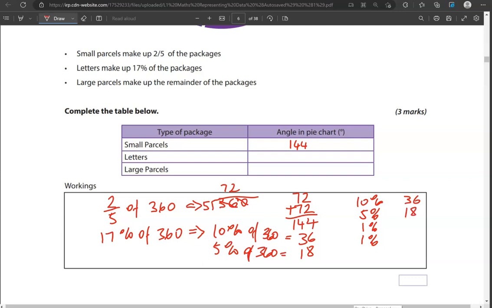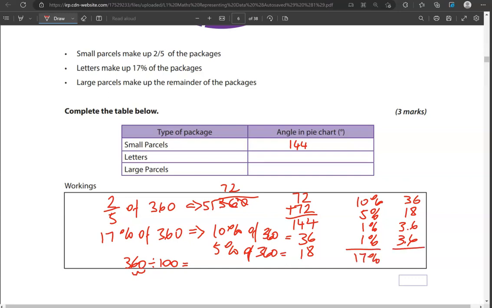36, 18, 1%. That is 1/10 of the 10% amount. So 1/10 of the 36, which is 3.6. But also it's 1% of 360, so you can do 360 divided by 100. So that's moving the decimal point 2 places to the left, so we get 3.6. So now we have